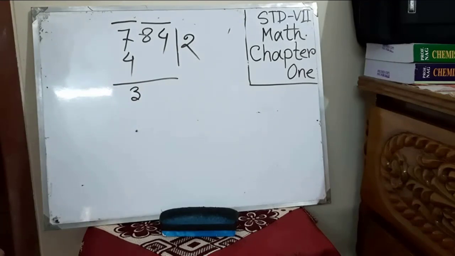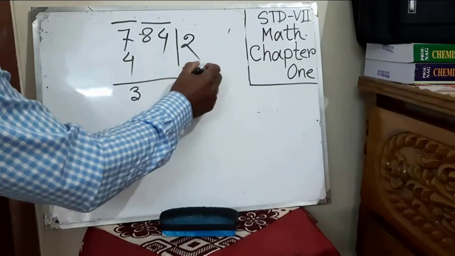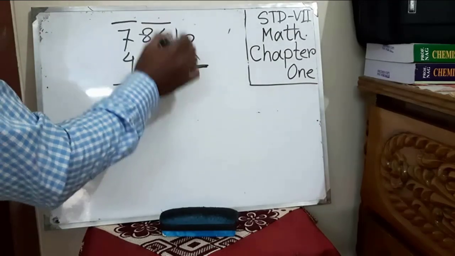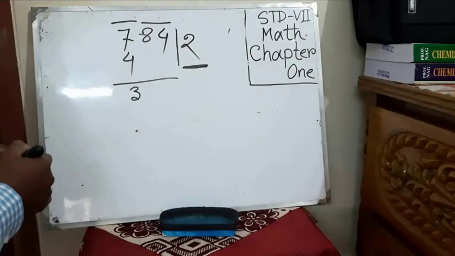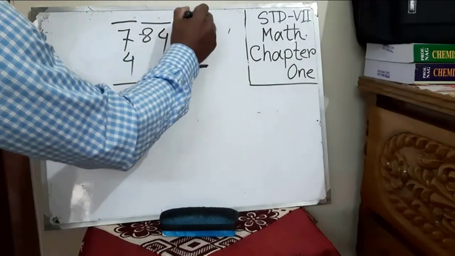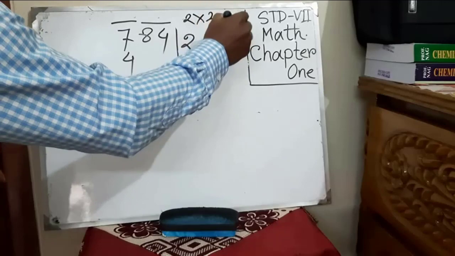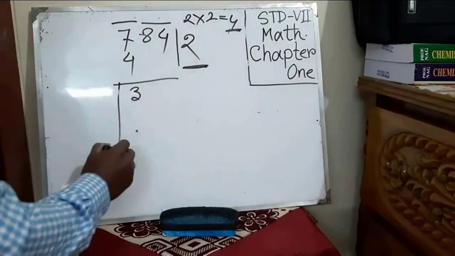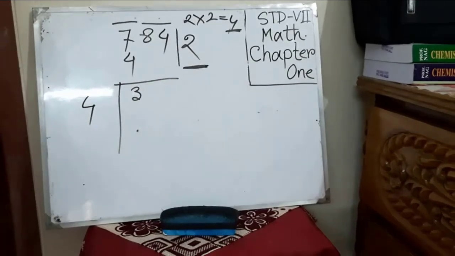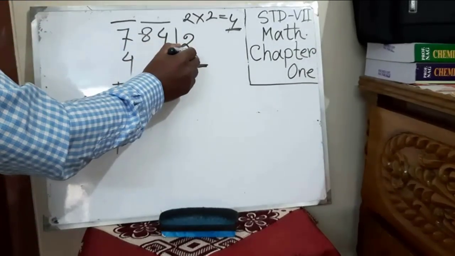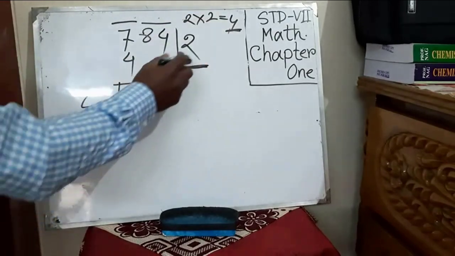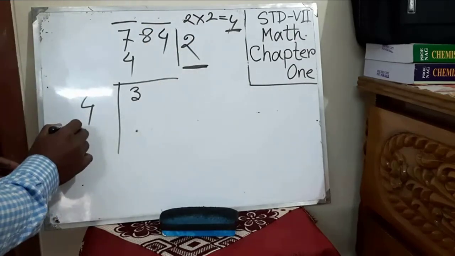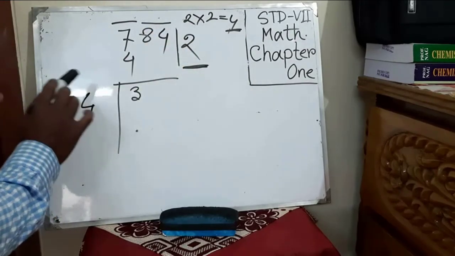Okay, then what's the next step? We have written 2 here. Whatever digit you write here, you will double this number. It will be doubled: 2 times 2 is 4. The product after multiplying by 2 will be there. Suppose this is 5, so 2 times 5 is 10. You will write 10 here. If it is 6, then you will write 12. If it is 4, then 2 times 4 is 8. But this is 2, so we will write 4 here.